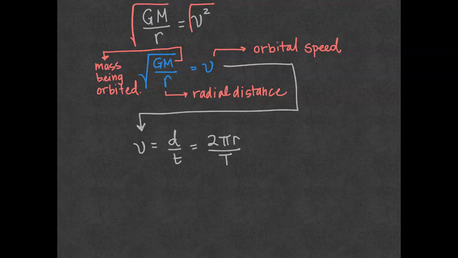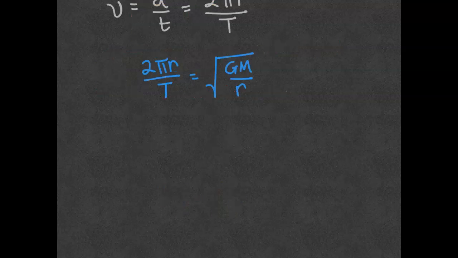When I do that, I will have that 2 pi r over period is equal to the square root of G M over r. Now if I square both sides,